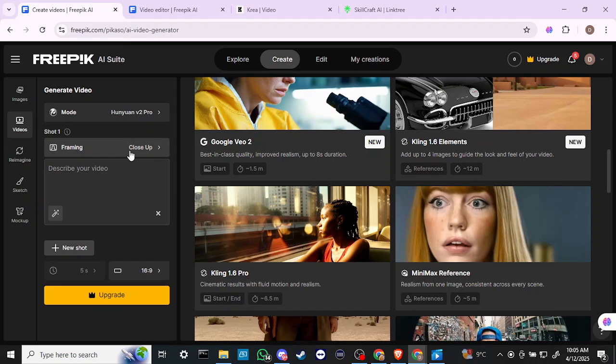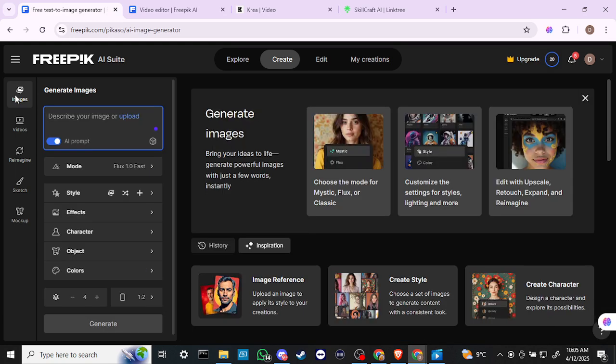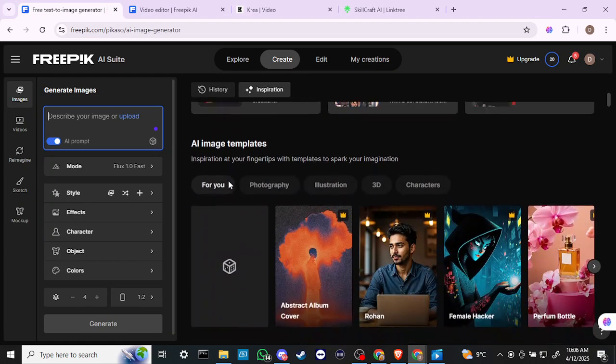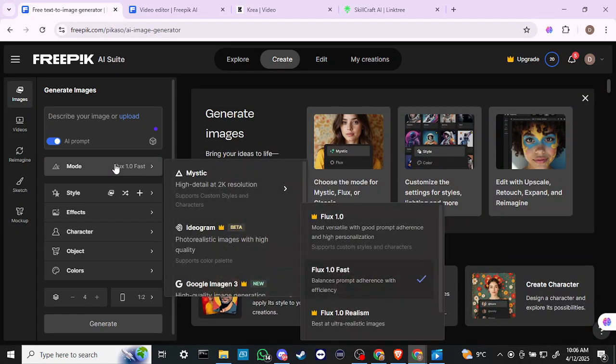Now, another thing to point out as well is that Freepik, while it does offer some basic functions that you can use for free, it is a little bit stingier with the credits. It doesn't give you too much to use. You can get started and you can play around with it a bit. I believe that you can generate images. That is the thing that does stand out, is that you can generate images. Now, depending on what you're using, because I believe it does have, yes, it does have different models here that you can use. And so you can see for yourself that some of the models you are going to need